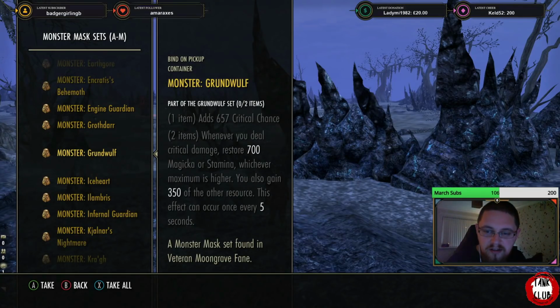And with Engine Guardian, if you're getting the health beam from Engine Guardian, you can balance to convert it into magicka, and if you're a DK, you can ignite your shield to convert that magicka into stamina. Obviously with Grundwolf, you're just going to guarantee to get stamina, so you won't need to do any of the converting and messing around. So it's an option, but the problem is Moongrave Fane is quite a tricky dungeon, and